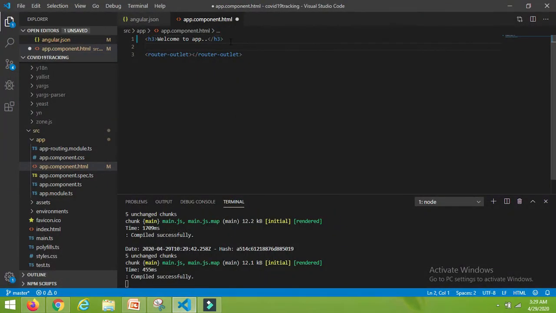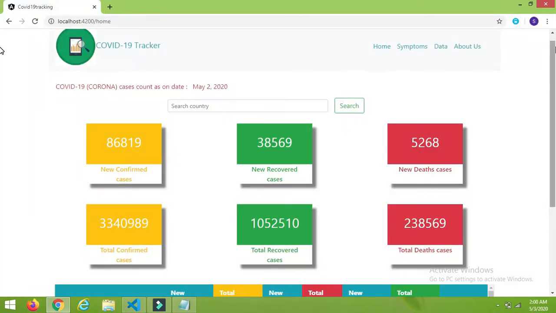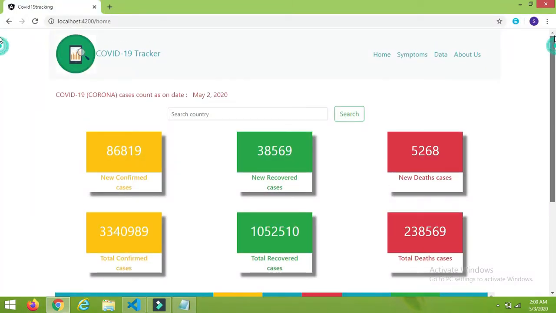Now let's check whether our bootstrap is working or not. So let's create one button. So I have created the button and applied the class btn btn-primary. These are the classes from bootstrap. So let's check on the UI. So here we get the button with the CSS of the btn-primary class, means we have successfully installed the bootstrap as well. So guys, we have installed the bootstrap and jQuery in our project and also verified it.